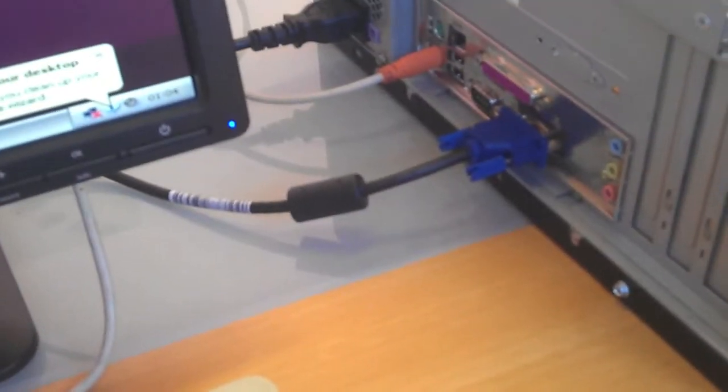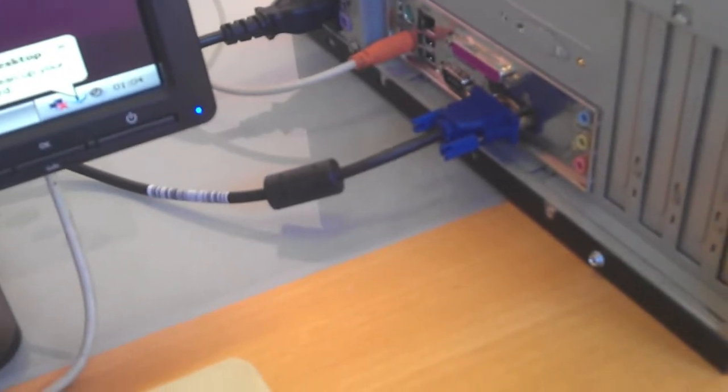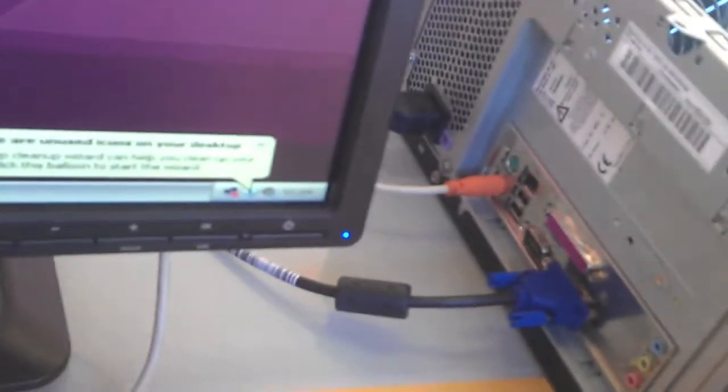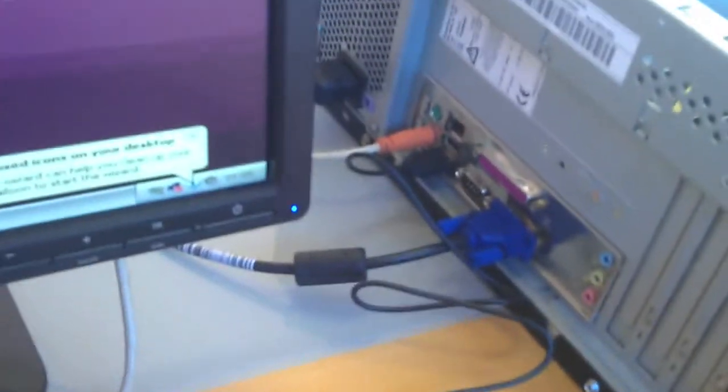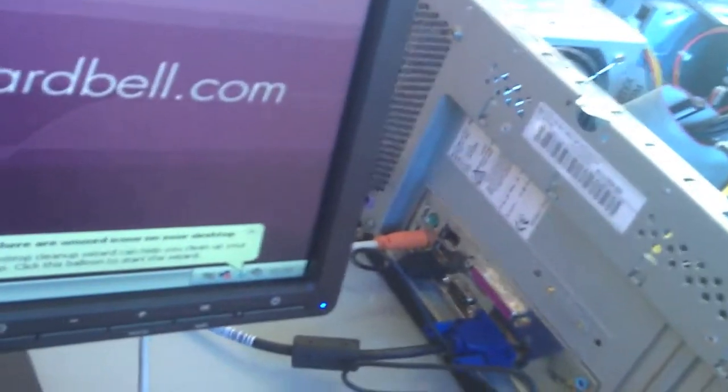But I will be bringing in more because of my USB 2 ATA controller. I'm going to keep that permanently plugged in. So what I'm going to do is I'm just going to plug the mouse in. And there we go. Much better.